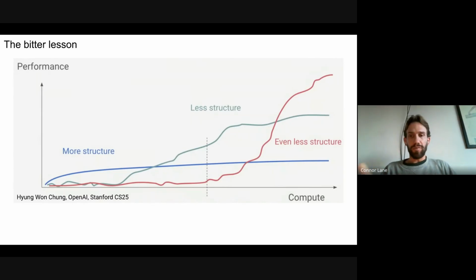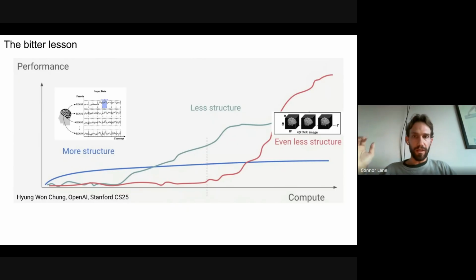So in this plot, you have multiple curves: a very structured curve in blue, which has lots of great ideas and plateaus early as you add compute and data, and then a very unstructured curve in red, which doesn't work initially, but once you have enough data and compute, it works well. We can think of the two approaches that have currently been tried as follows: the parcellation one is the blue, highly structured curve, and the volume voxel-based one is the red, unstructured curve.